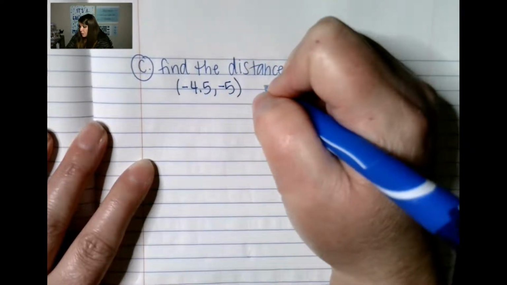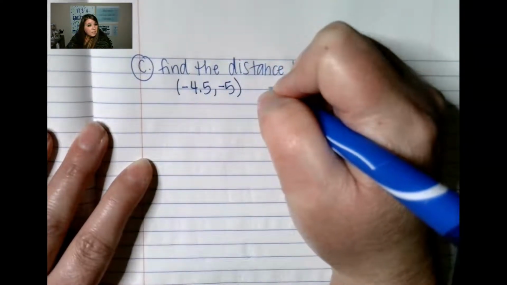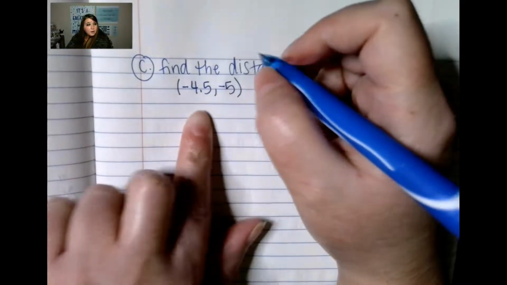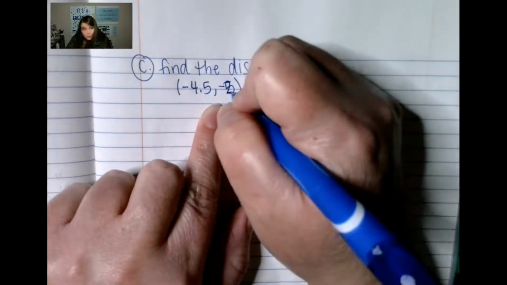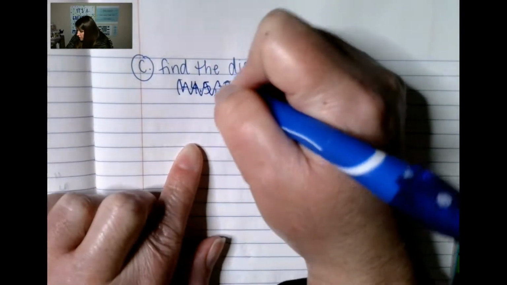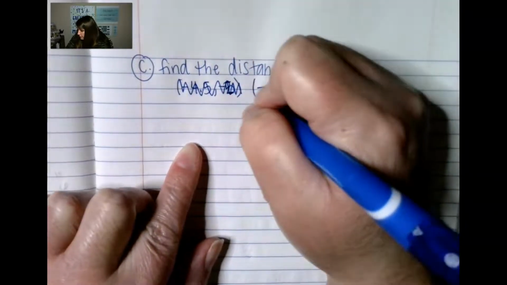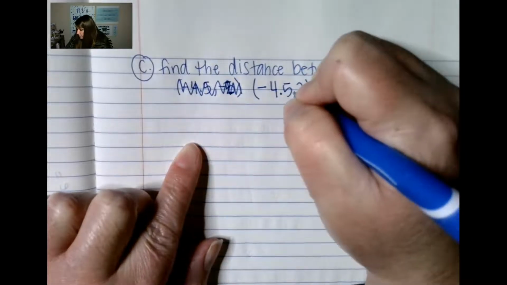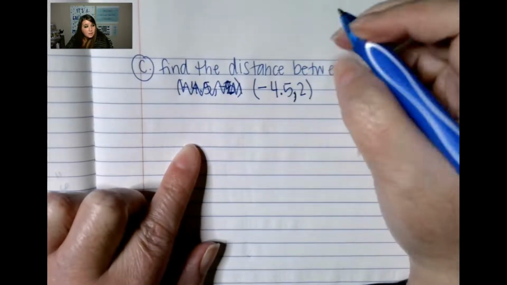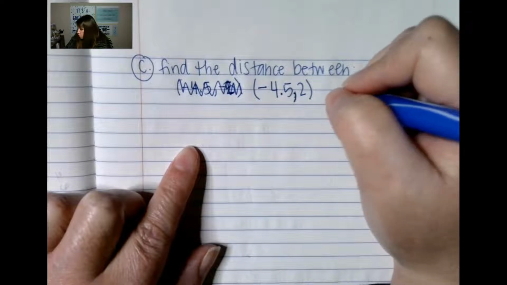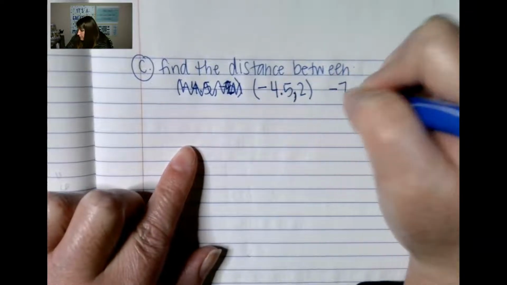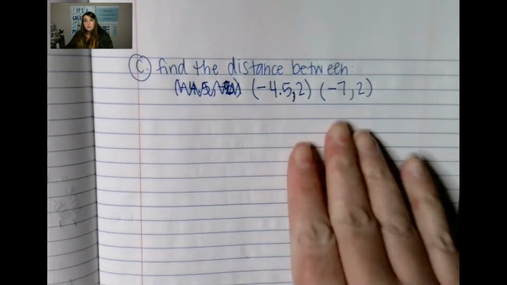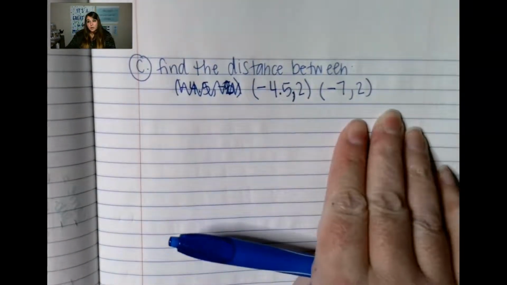And then the second one is, oh, no, I'm sorry. Negative 4.5, 2. Let's just rewrite this so that it's not so sloppy. Okay. Negative 4.5, 2. There we go. And the next one is negative 7, 2. Okay, so sometimes, like I said, they will just give you this, and your job is to